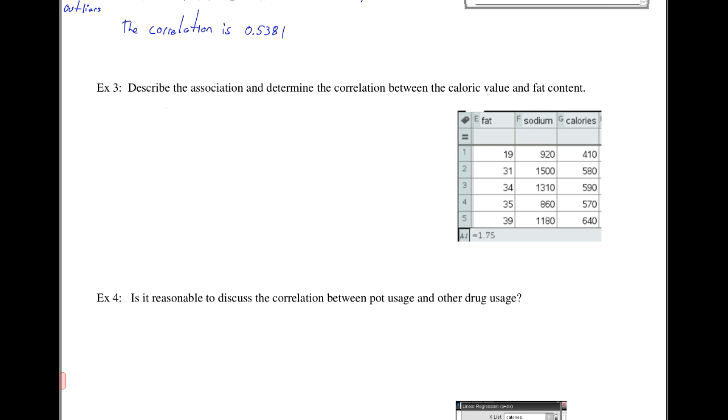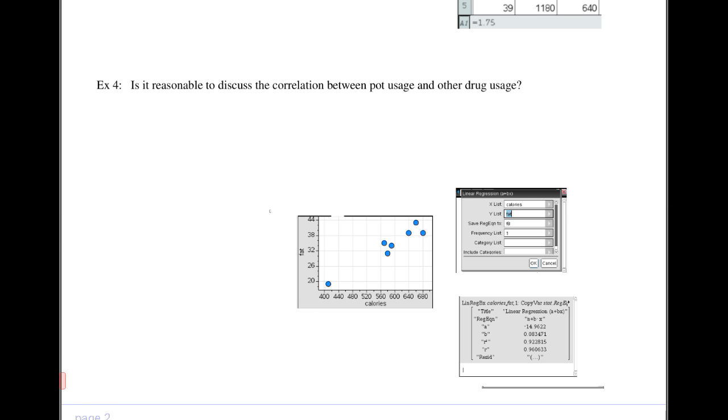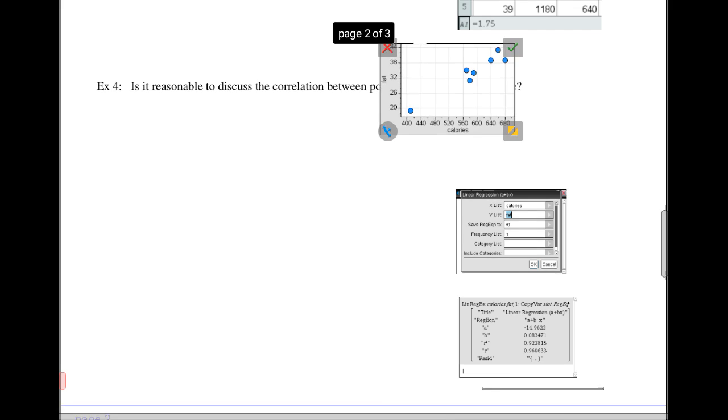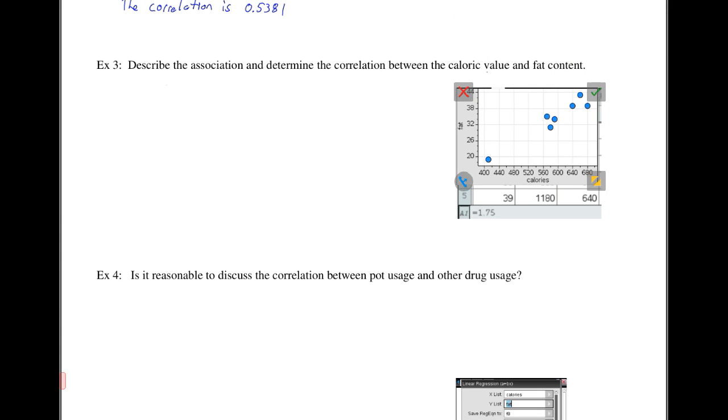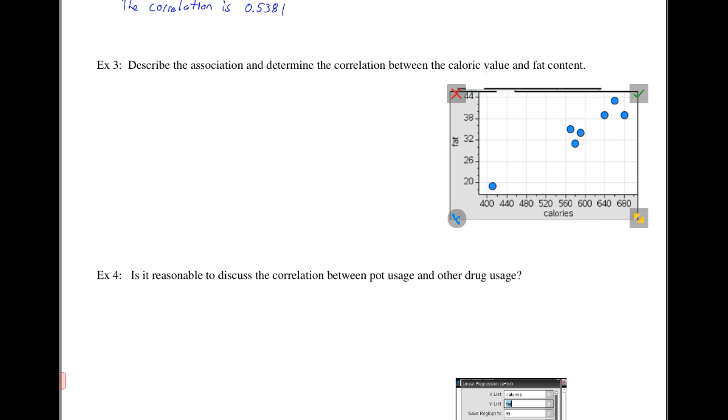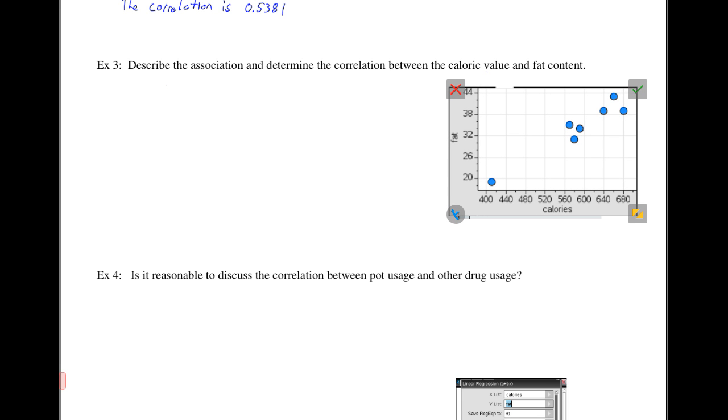So you go to the home page, new document, spreadsheet page. Now we're going to do control document again for a data and statistics page. When we do that, we're going to see our variables kind of randomly thrown around, but we know that's not good enough. We need to set a response and explanatory variable. Our explanatory variable, since we say between caloric value and fat content, calories first, so we're probably going to put that on the